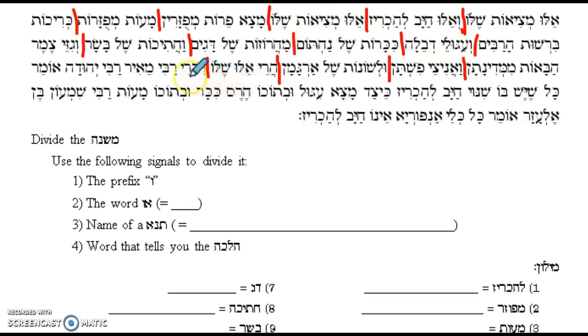And we stop here because Divrei Rav Meir, this is the opinion of Rav Meir. Rav Meir is the author, he's the speaker who told us all this information before. We stop here because we have another name. Rabbi Huda is going to speak now. It's a different speaker, so we stop. Rabbi Huda Omer, Rabbi Huda says,